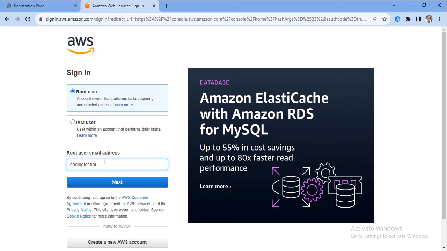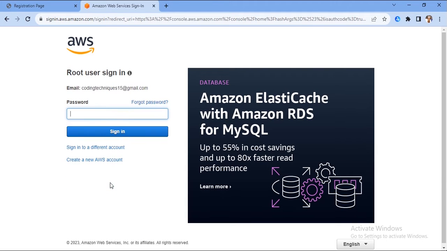For now, let's log into this Coding Techniques. I have this as email, Coding Techniques 15@gmail.com. So, and then let me add the password. Okay, so now we are signed into the